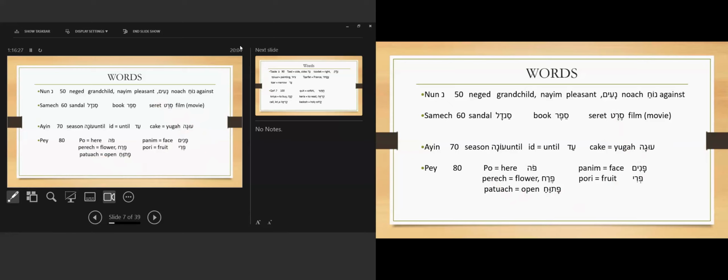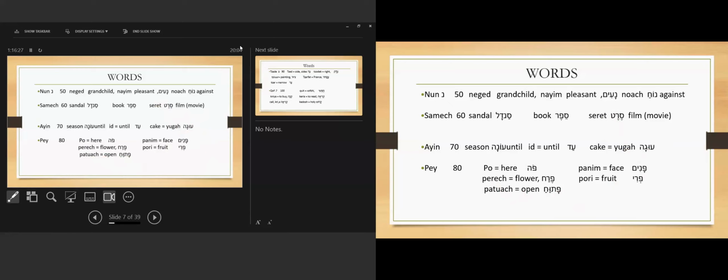It's me, and it's od, me'od, very. That is with the mem. Me'od is very, onward, mitkadem, onward, and